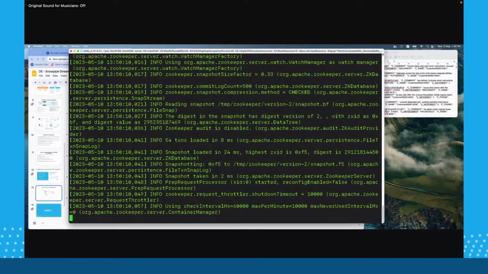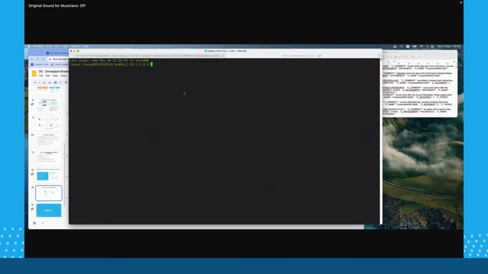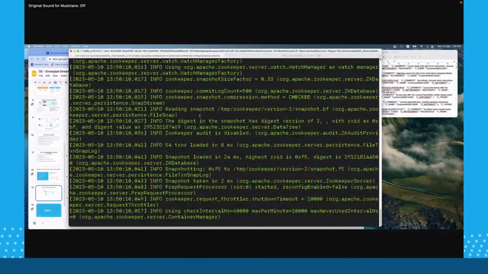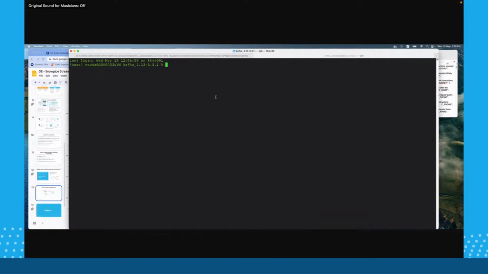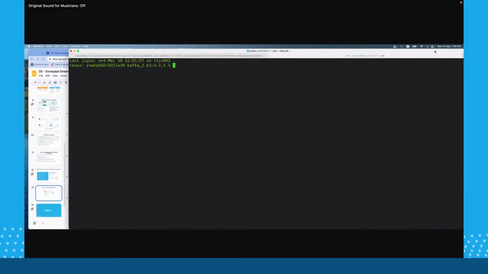It takes a little bit of time. While it starts, let me copy the command to start my broker, which is nothing but my server. So it's taking a little bit of time. Okay, I'm going to enlarge this as well.